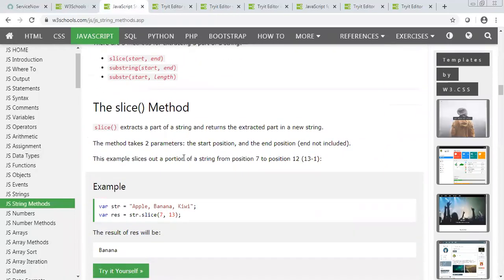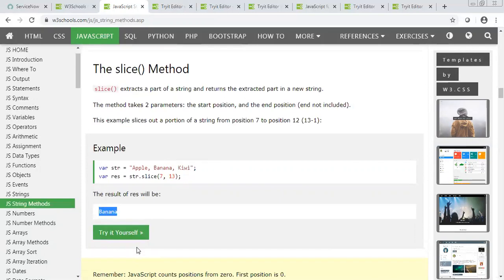So dot length, and for strings, just go through slice, to basically slice the string. Getting my point? You want to slice the string from this point to this point. So you can use it when you want to get the word from index 7 to 13. 7 means 0, 1, 2, 3, 4, 5, 6, and 7. 7 is B and 13 will be A. So it will basically return the word from the string which is between index 7 and 13. That's why, if you see, the result is coming as banana.